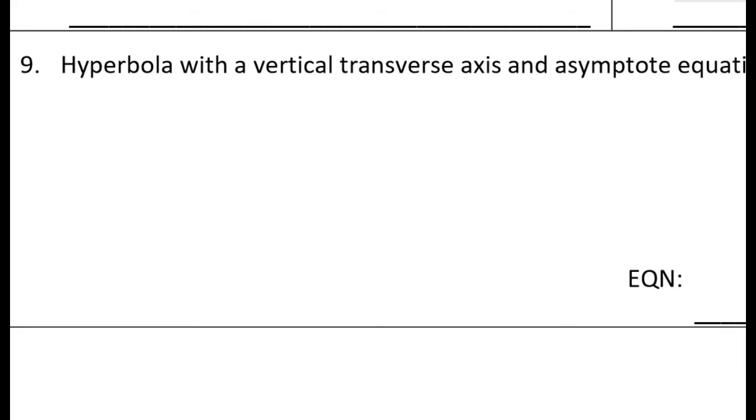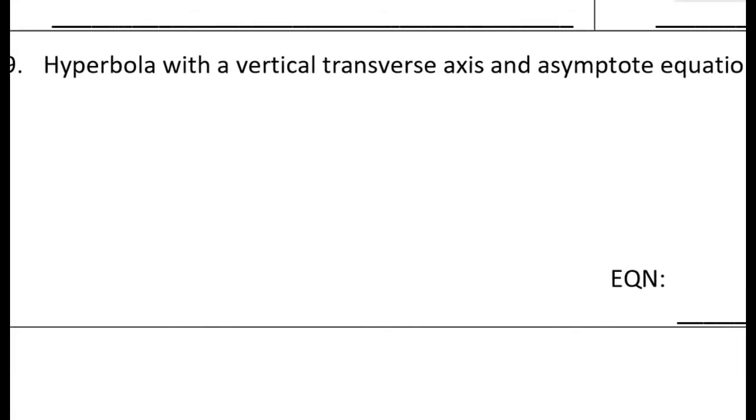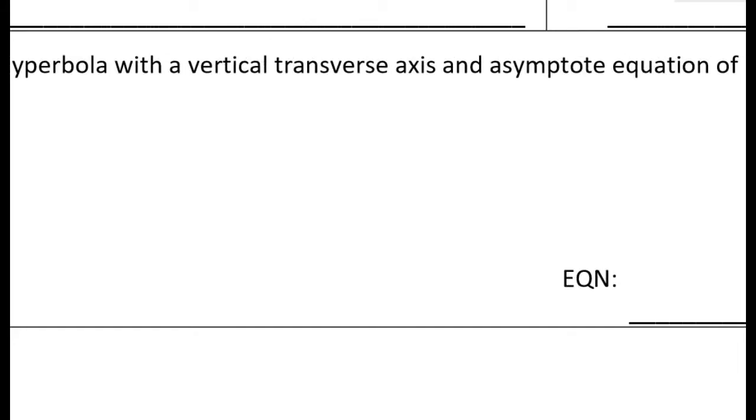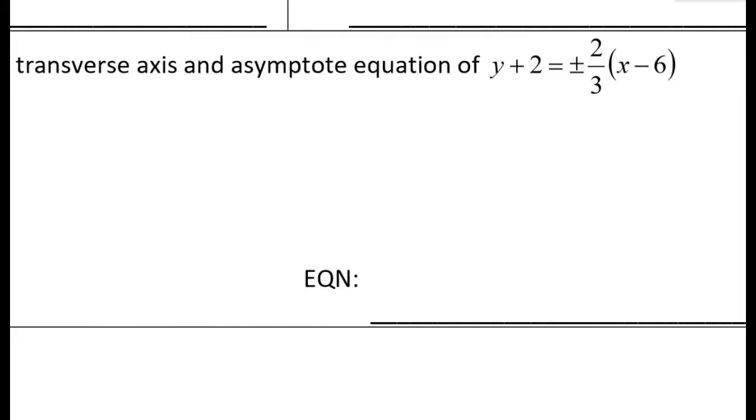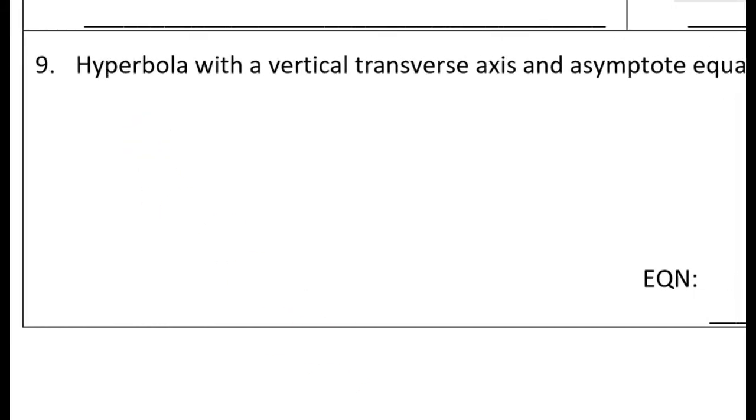All right, this will be the last one for this video. We need to write the equation of a hyperbola with a vertical transverse axis and an asymptote equation shown here. First of all, what does that mean about the vertical transverse axis? So hyperbola, y'all,